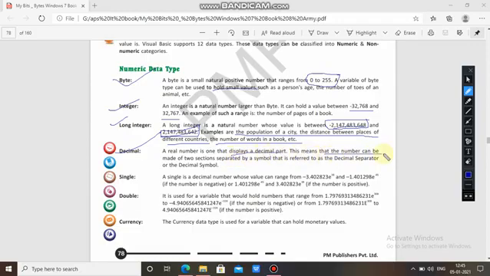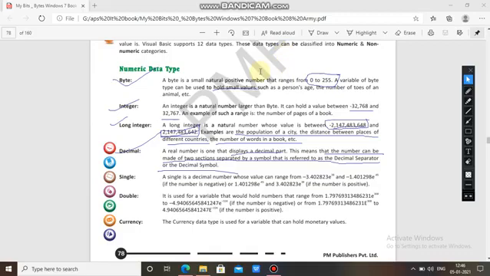This means that the number can be made of two sections separated by a symbol referred to as the decimal operator or decimal symbol, like 76.9 or 526.9. These are the decimal numbers in which you can write decimal points. So for that you will use the decimal data type.